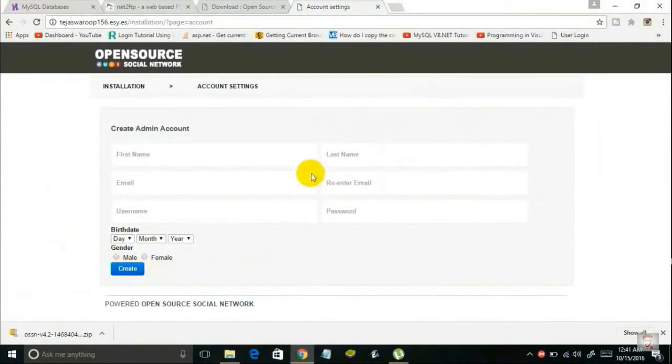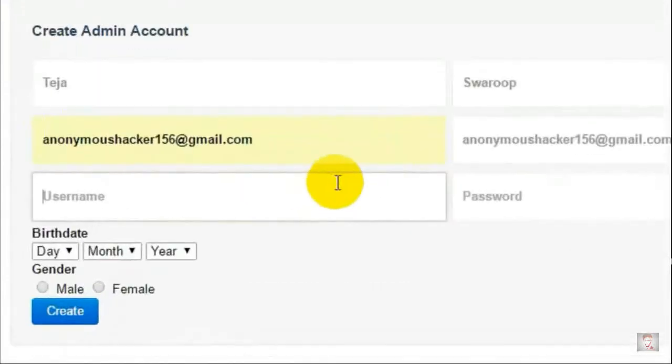and once you click on the install button you will be asked to create your first account of your social network. Yep, so just choose a first name, let me say Teja, second name Swaroop, and then give your email address. You gotta re-enter your email,